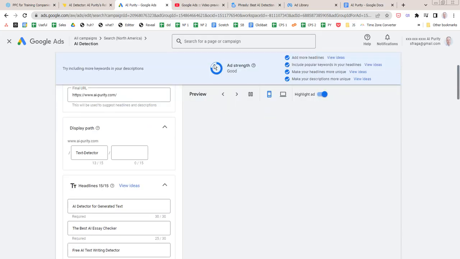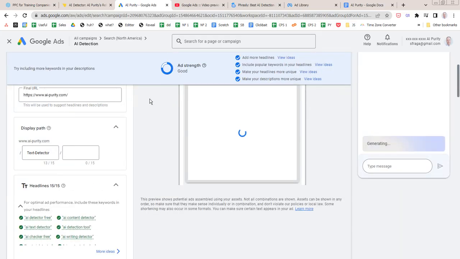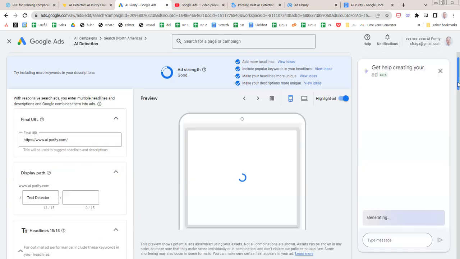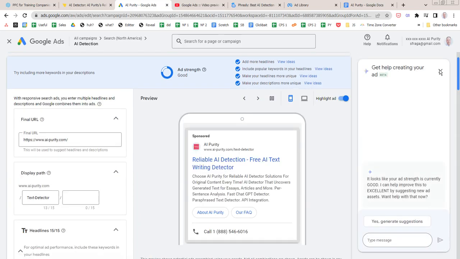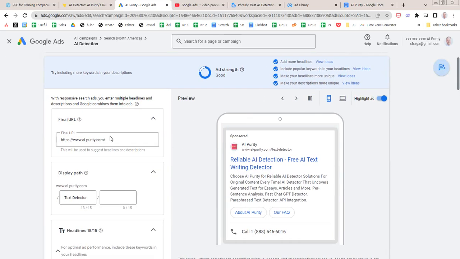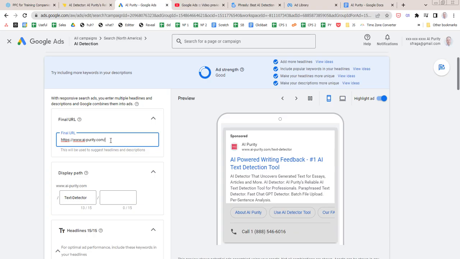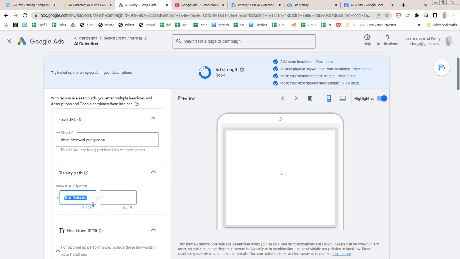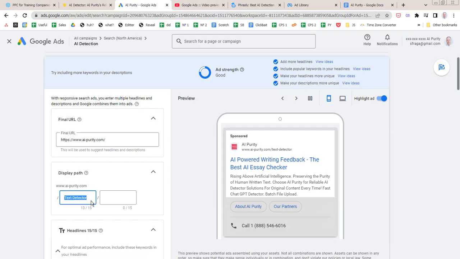So I wouldn't worry so much about this. That's just about how many options you provide, but it doesn't correlate with the actual return on investment. But generally, people would have different landing pages. If you have a little bit of time on your hands, you can create those. I don't know that is what people are most interested in. Text detector, it could be plagiarism checker or whatever, or avoid getting caught or something like that.